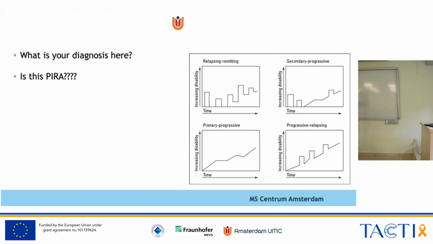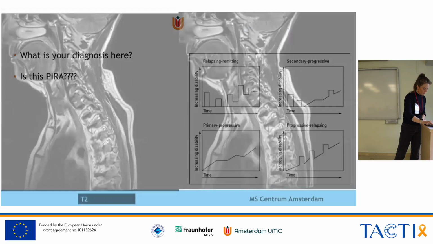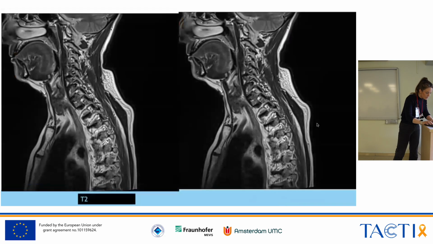So in this case, you had a relapse in '94, optic neuritis, no abnormalities on the scan, but I think it was demyelination. Then you had years in between, so you have to move this a little bit. You had a second relapse, and shortly after that, she had slowly progressive walking problems. So clinically, you would call this PIRA. And if you have proof on subsequent EDSS scores that it's also increasing, then you have also objective clinical evidence for PIRA. But the thing that I went over quite quickly,